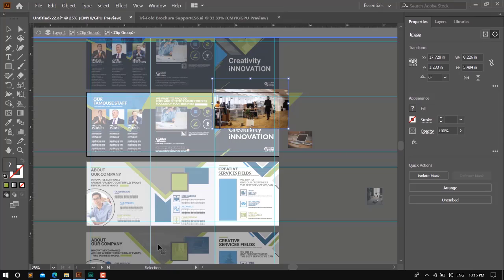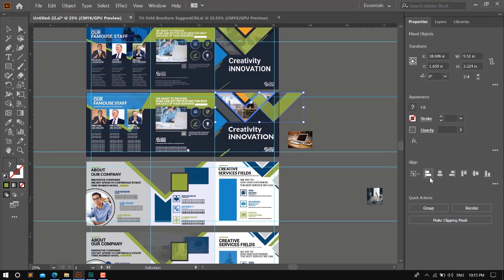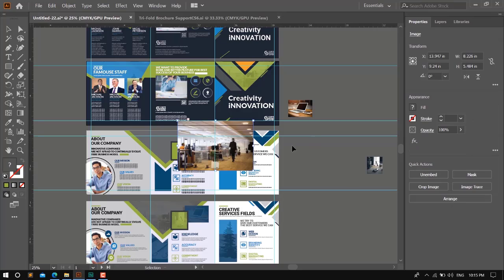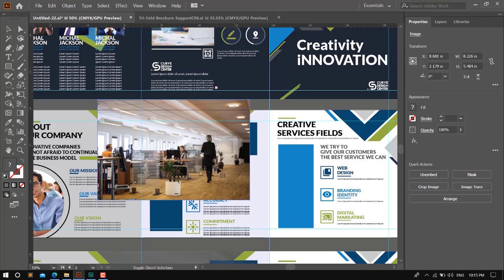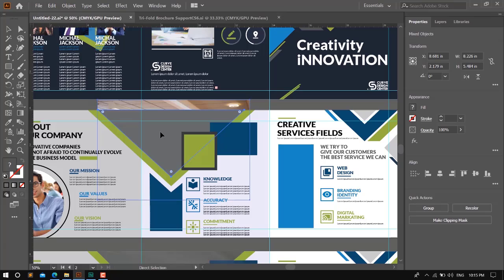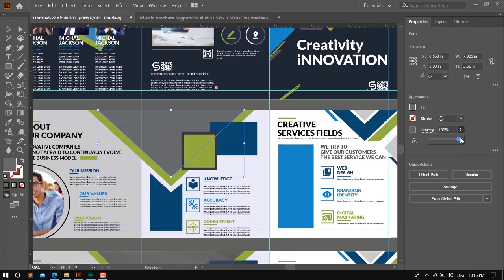We copy this image for this place. Make a duplicate copy, Ctrl C, Ctrl F. And change the opacity a little bit like this.